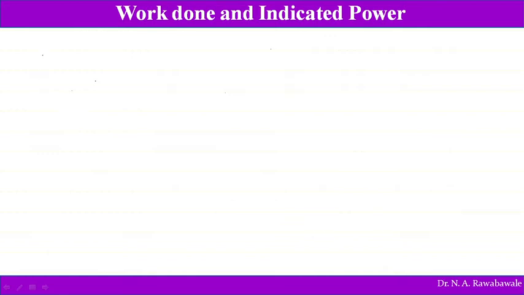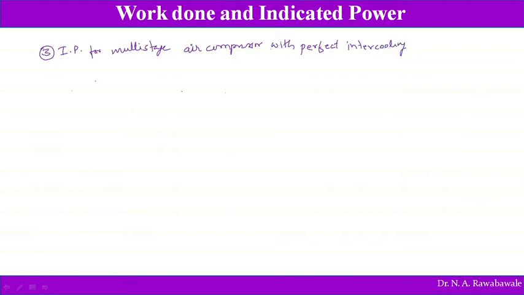The indicated power for a multi-stage air compressor with perfect intercooling is given by: indicated power is equal to N divided by N minus 1, V1 VA into N into RPS